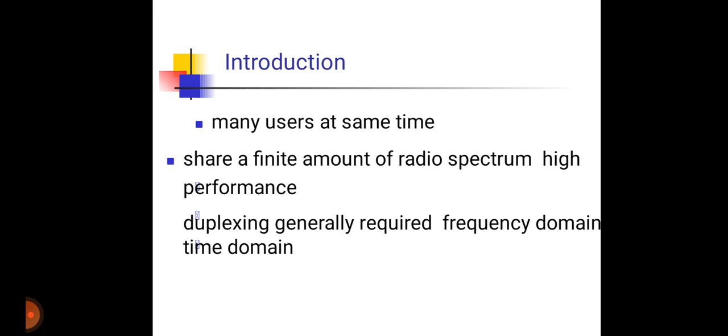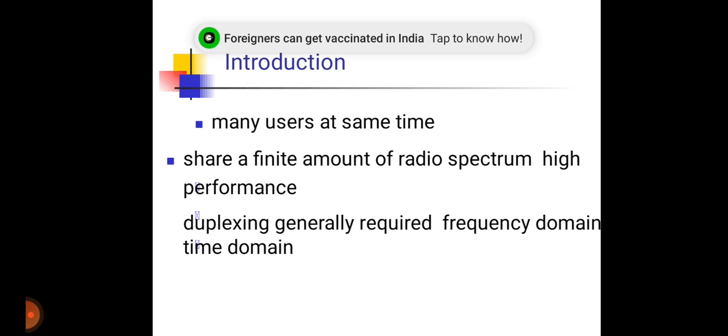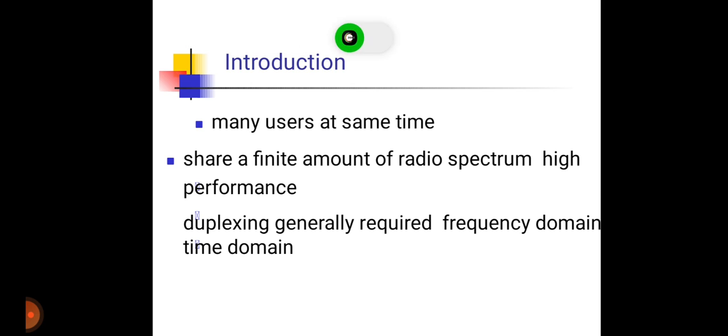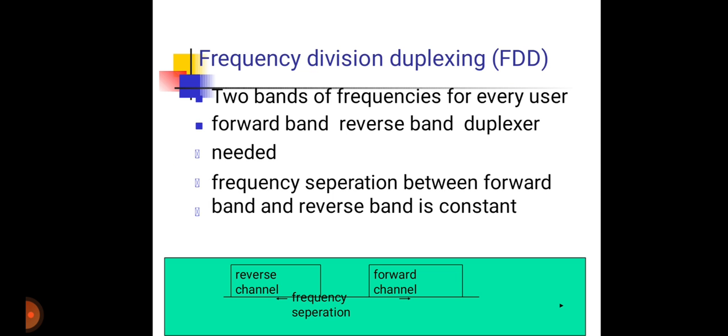There are a number of requirements that any multiple access scheme must be able to meet. That is, the ability to handle several users without mutual interference, and the ability to maximize the spectrum efficiency. It must also be robust, enabling ease of handover between cells. Now let us have an overview of multiple access schemes for wireless communication. Before that, we are going to discuss the basic concepts in multiple access schemes.